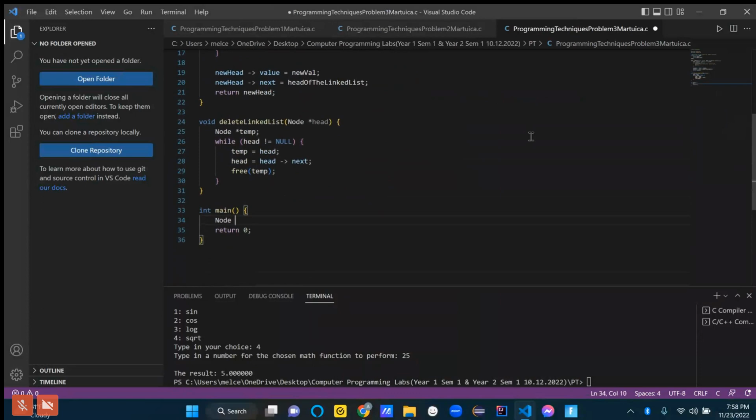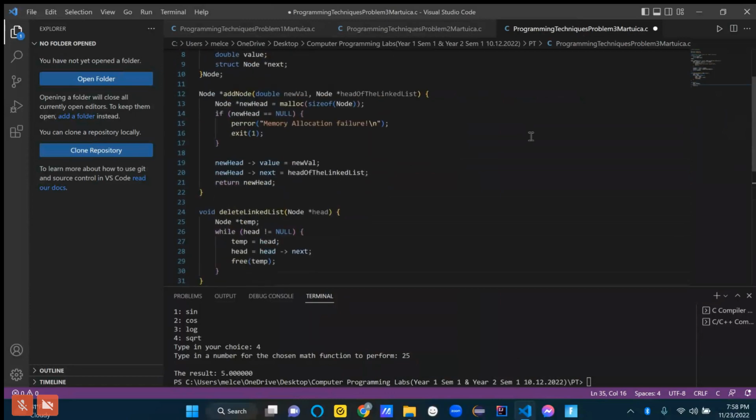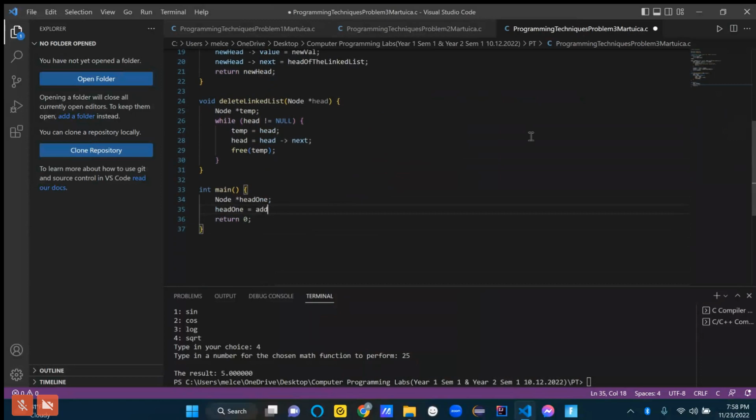You can call it head 1 or something like that, because you're going to have two linked lists. So whatever you want to call that. Yeah, and then basically you can say head 1 equals, and let's see, what do we call our add value function? Something like add value to list or whatever you called that one, or add node. Yeah, so add node, and then just enter some number,